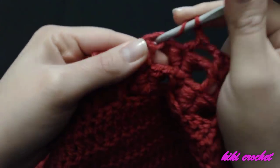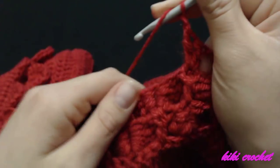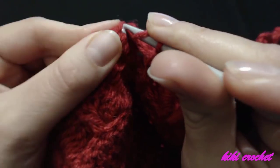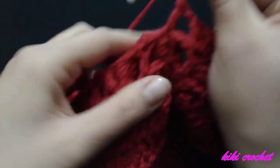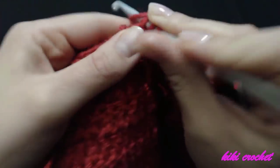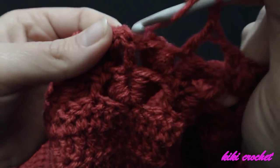On top of the 1 double crochet we're going to work 2 double crochet, 1, 2, chain 1, make 1 double crochet in the eye of the crocodile stitch, chain 1, make 2 double crochet on top of the 1 double crochet, 1, 2, chain 1, make 1 double crochet in the eye of the crocodile stitch, chain 1, make 2 double crochet on top of the 1 double crochet,